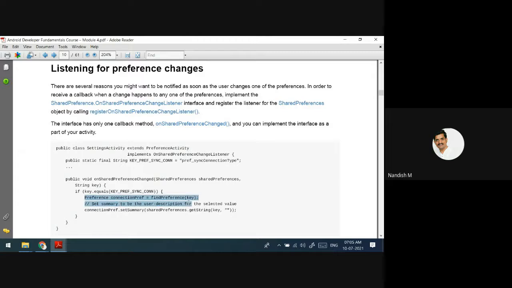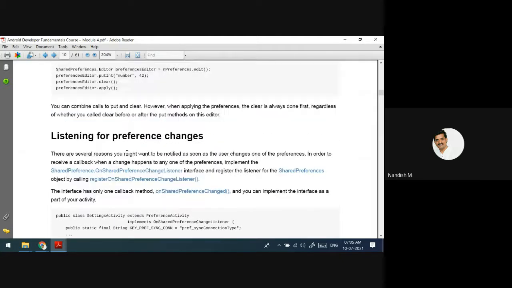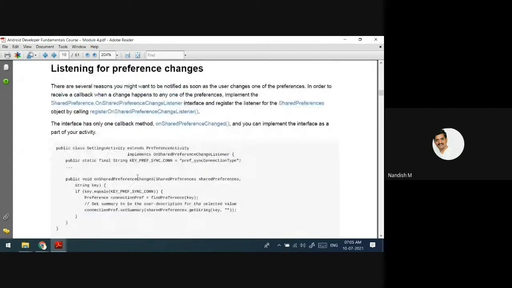Inside this if condition, that is custom. Whatever the actions you have to do, if something changes. See, if key dot equals key preference synchronization connection, if this is a key, or else what is my key? My key is number. If the key dot equals number, then if the number is 42, I have to show the alert to the user that you cannot store the number greater than 40.